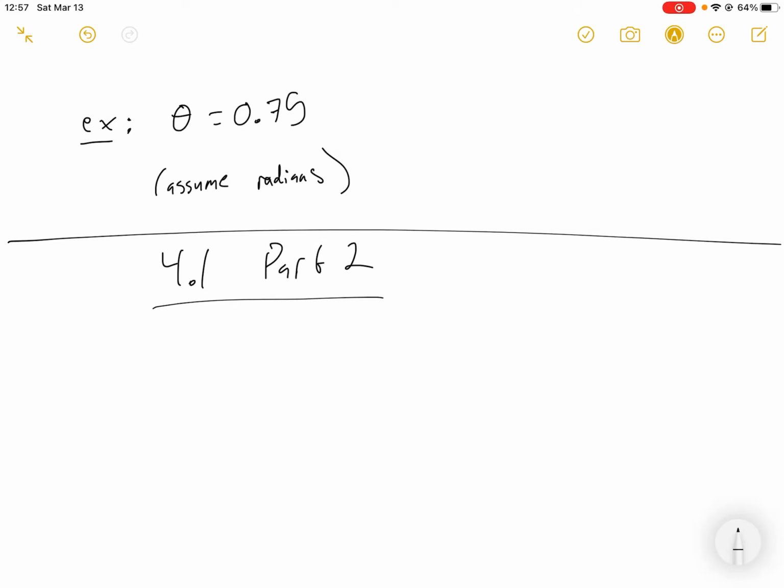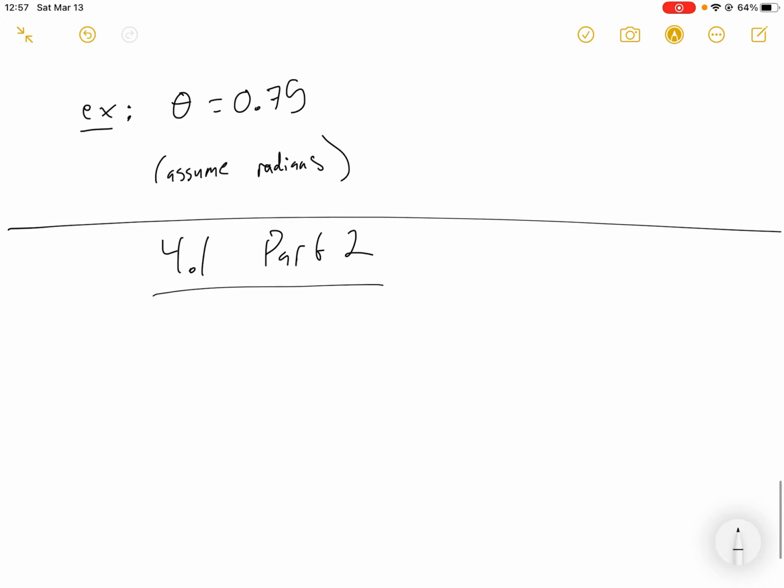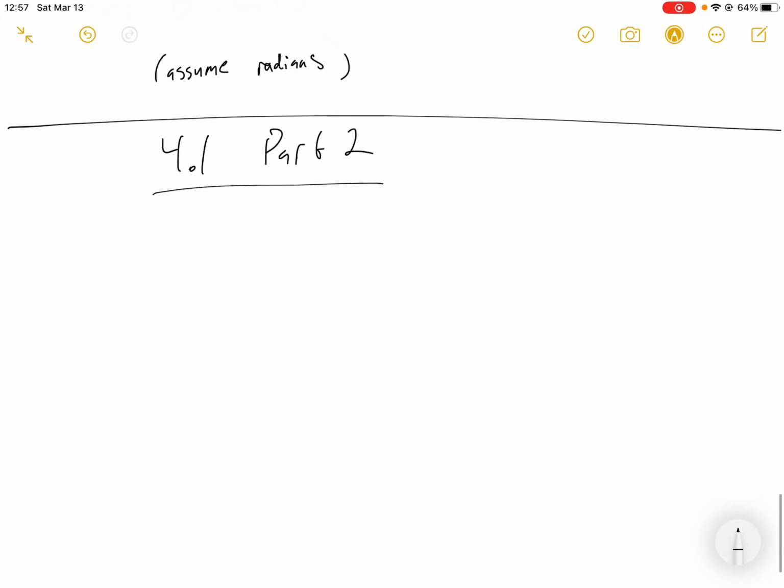In the next video, we're going to actually start doing some examples that you might see in Delta Math. The previous video is more definitions. So let's go ahead and start with converting. My first example I want to do is let's go ahead and convert